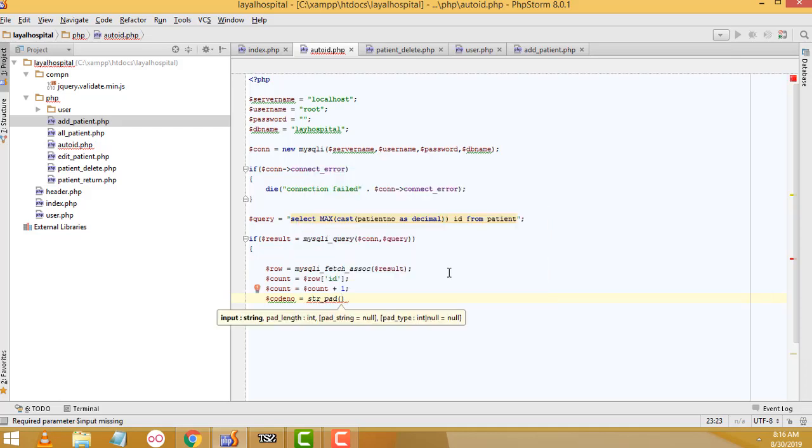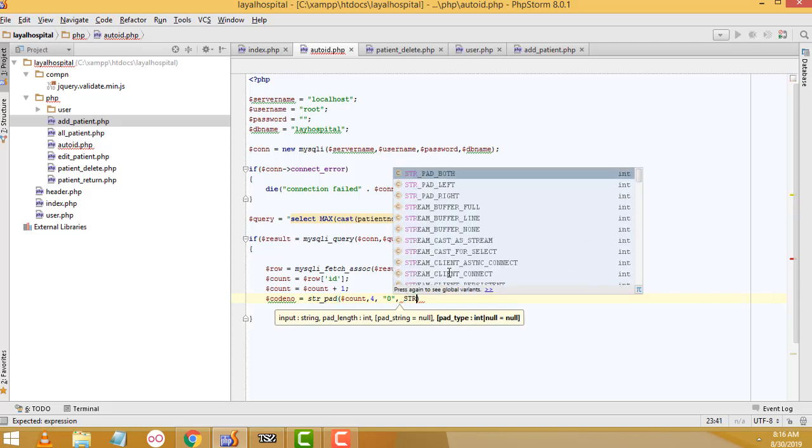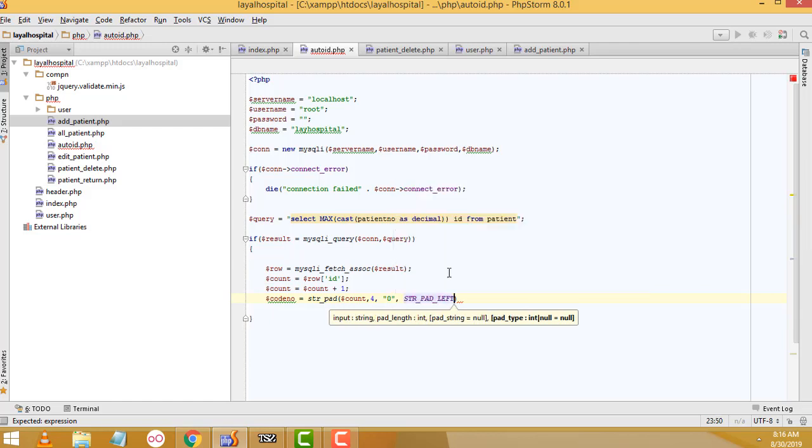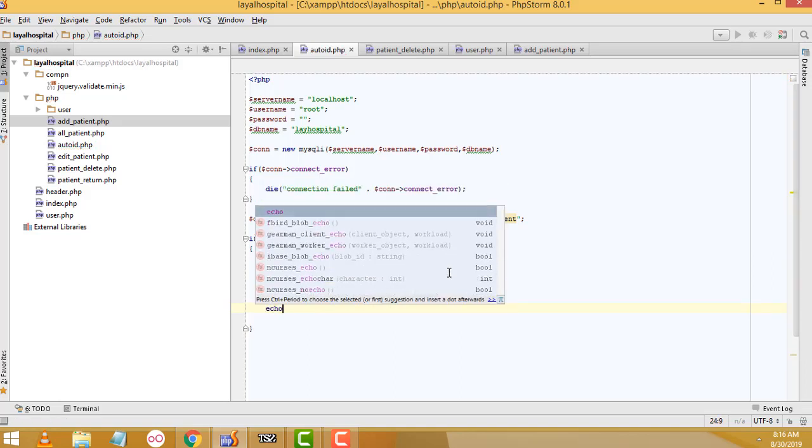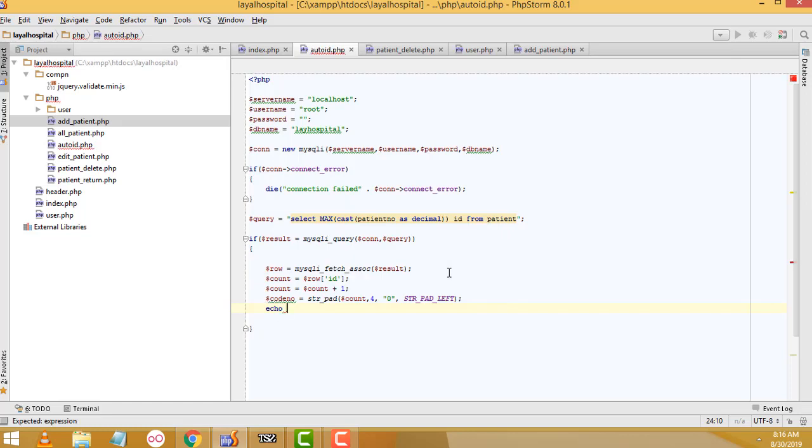here we have to write count, comma 4, comma 0, and then comma, str pad left. This one you have to choose, pad left, right? You have to write it like this, okay? Then this ID we have to set to this page, index page .php, so we have to write the JSON encode,